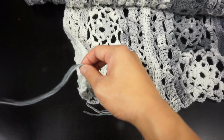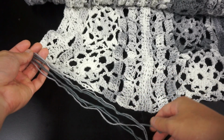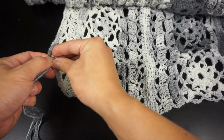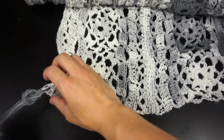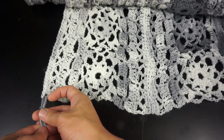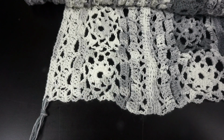And when you're done, you're going to have 3 strands on each side. Just even them out to make sure that they are roughly the same length. You're going to get a chance to cut them and stuff later. And then once you've done that, just do a simple knot. I'm not going to be knotting them very tight, because I like them looking loose. So I'm leaving about an inch of room at the top there. Once you're done the ends, you have 3 strands for this end, and 3 strands for the other end. You're going to grab